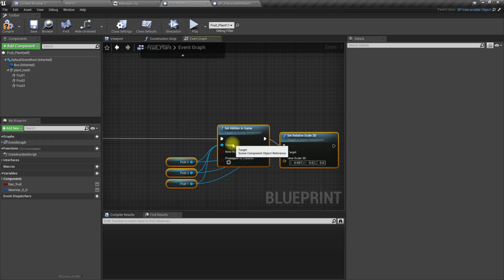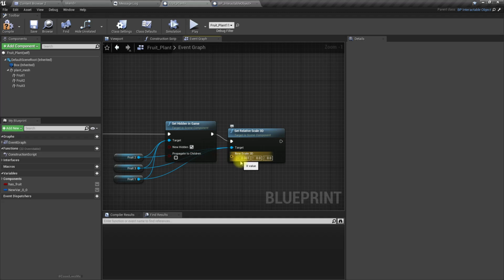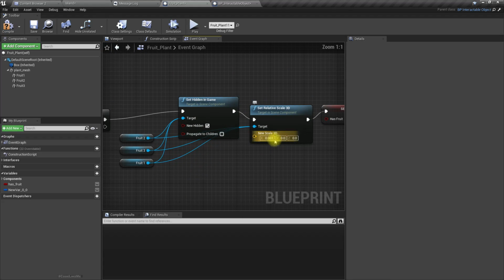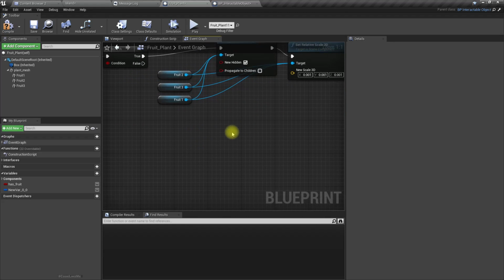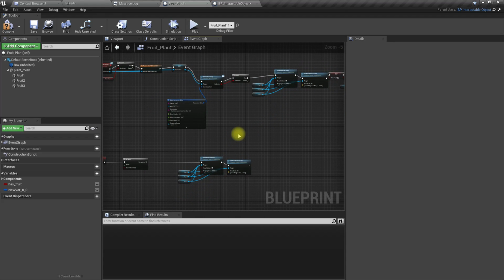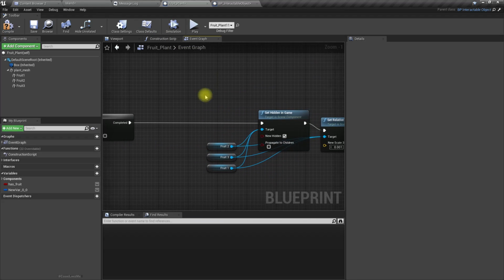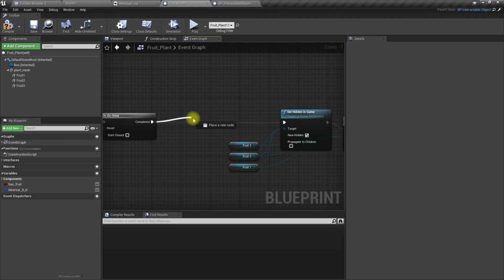Like this, and as the scale, I set only this one. It should set for 0.01 for all three, right? Okay, so here let's add